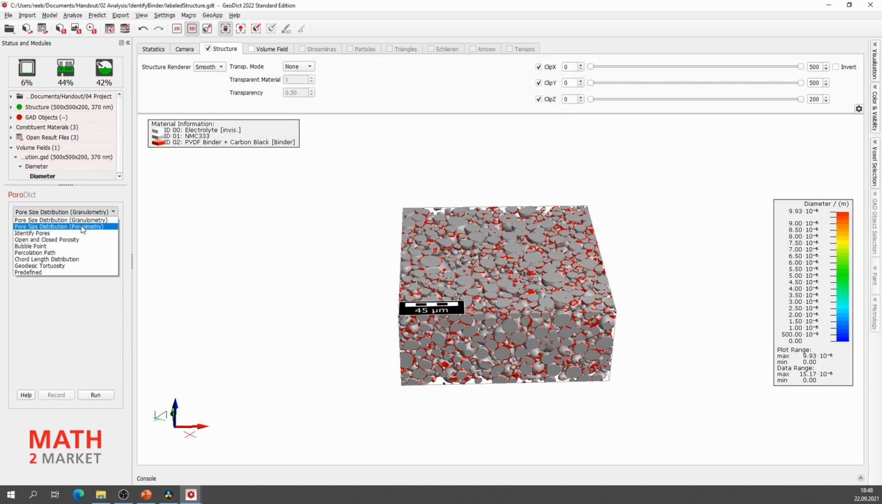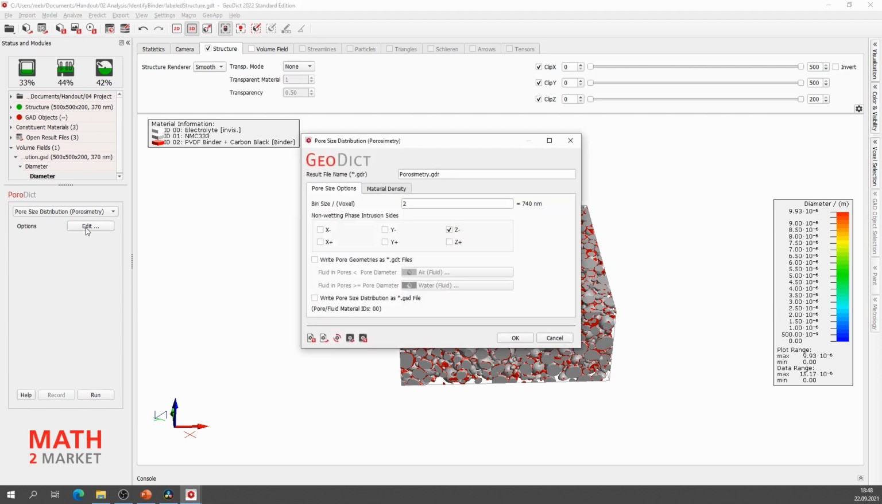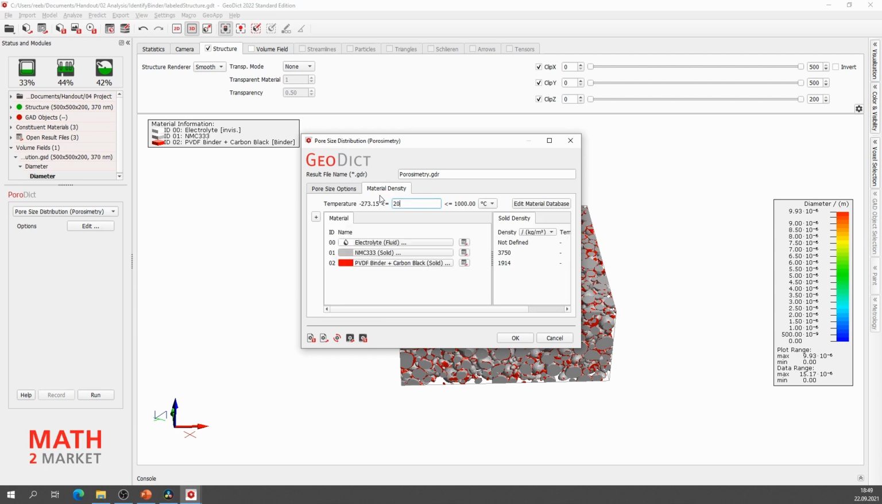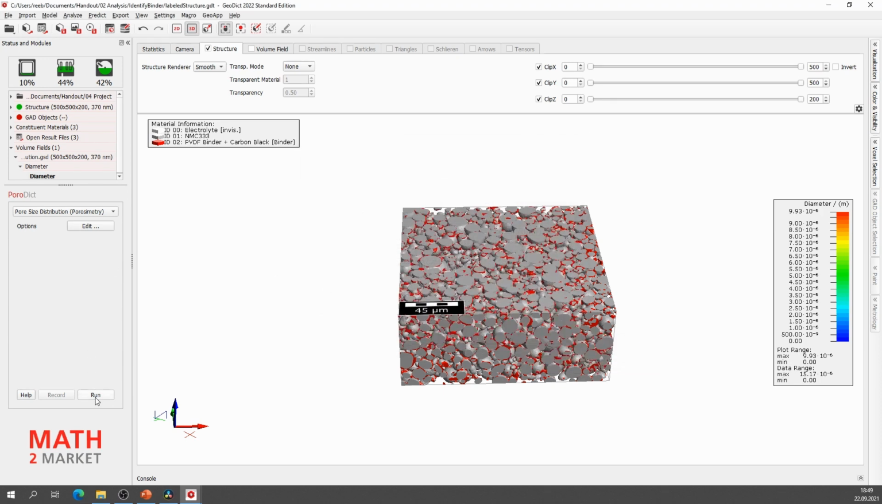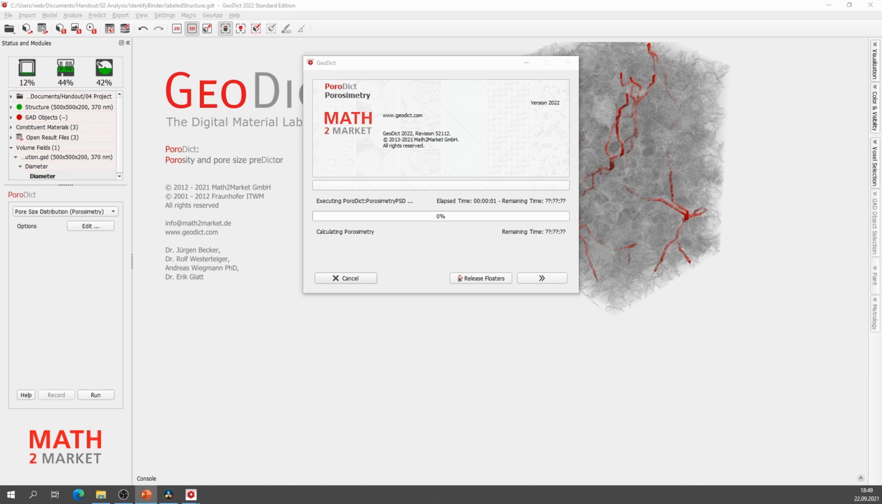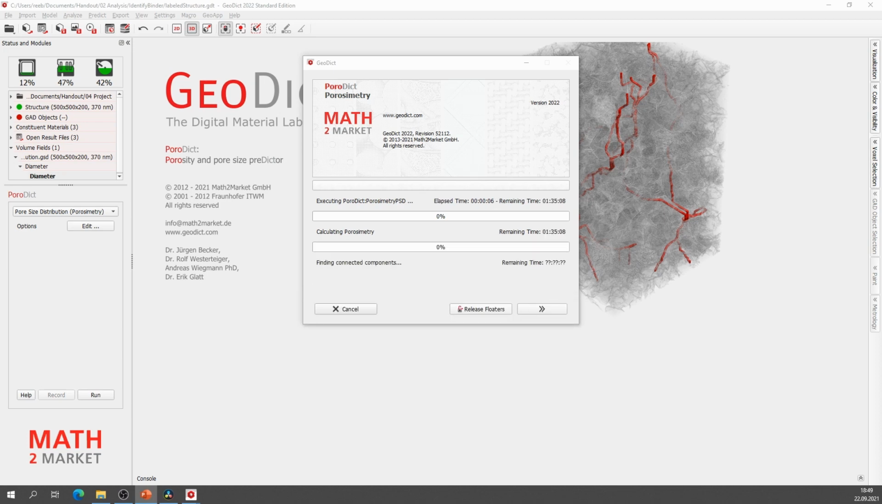And now we do the porosimetry experiment. We do the same as before. We go on Edit. We make the check mark to write pore size distribution. The wetting part is okay. Here we see the material parameters. We can keep all those values on the default. Click on OK, and then we click on Run and wait until the GeoDict result file is going to open. It will need as much time as the granulometry. So we wait those seconds, and then